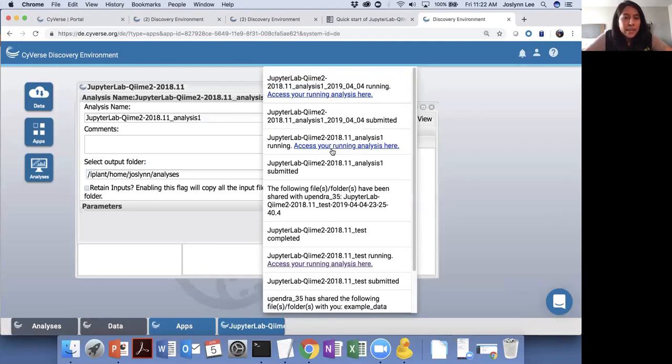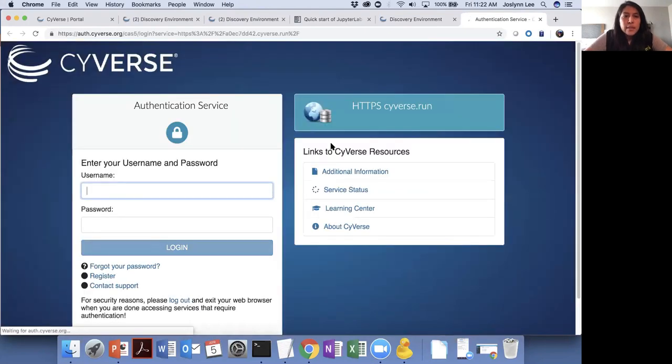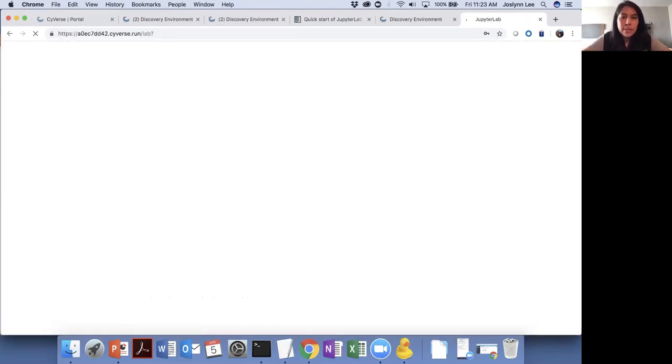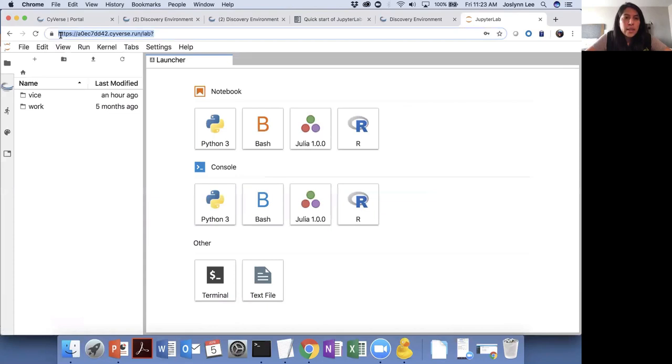Because again, this is a demo, I want to show a few things. I already have an analysis running, so I'm going to go ahead and connect to that. Once you have your link live and running, you'll get a notification. I got logged out, so I'm just going to re-log into CyVerse using my credentials. So now it's going to pop up and you can see the URL changes, and this is your opening screen